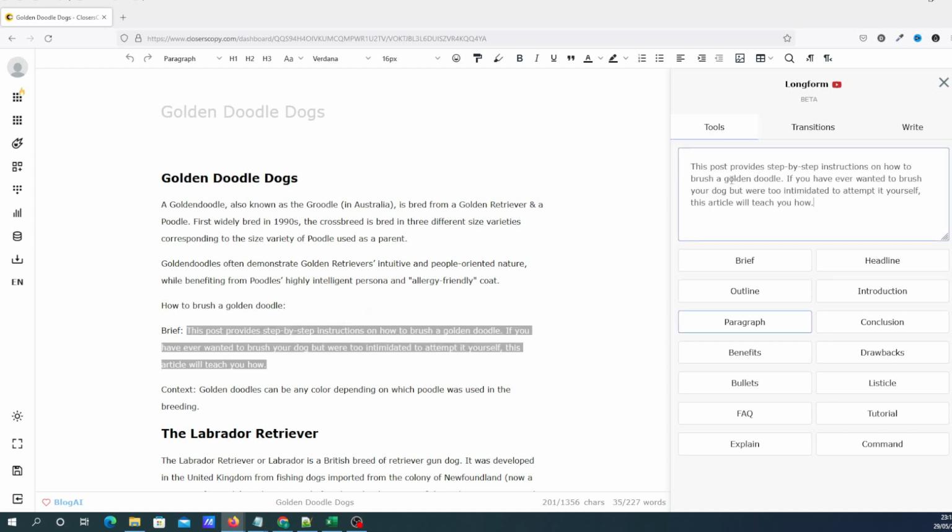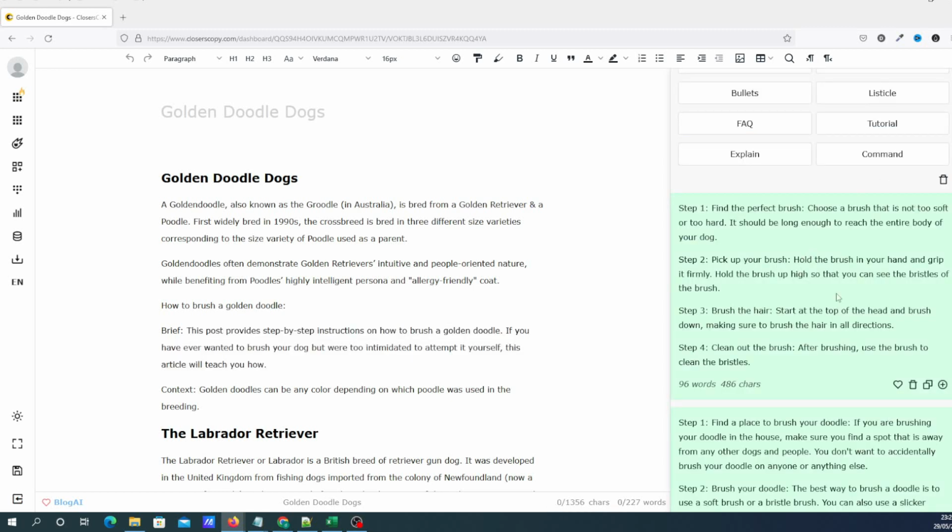So basically, this post provides step-by-step instructions on how to brush a golden doodle. Now that's a brief. So that's just telling the machine what it is that we want to do. So we can then create various different things from that. So if we click on something like tutorial, what it will do is it will give us